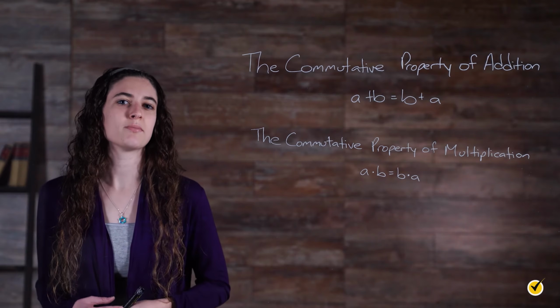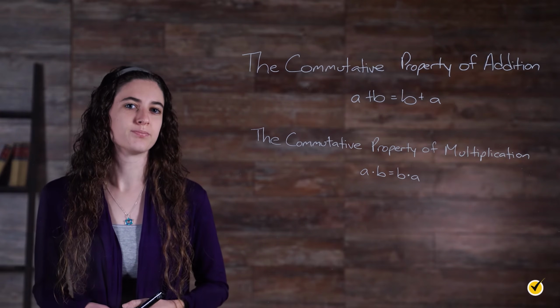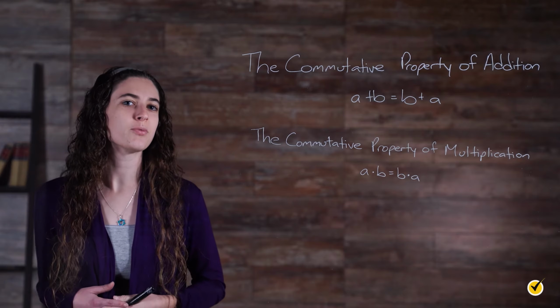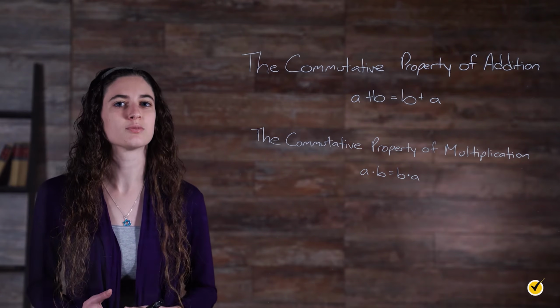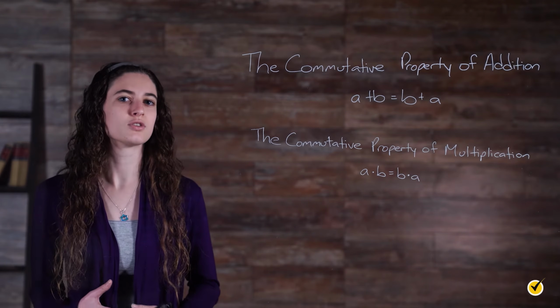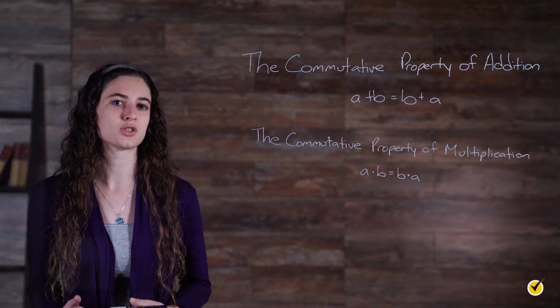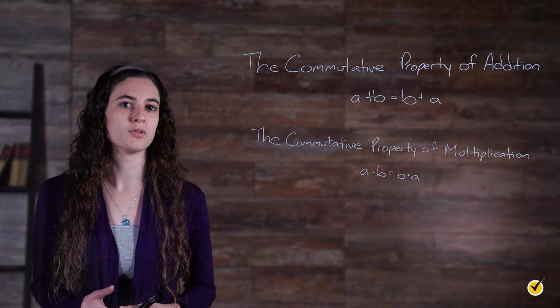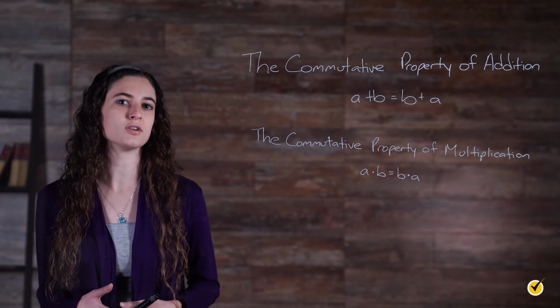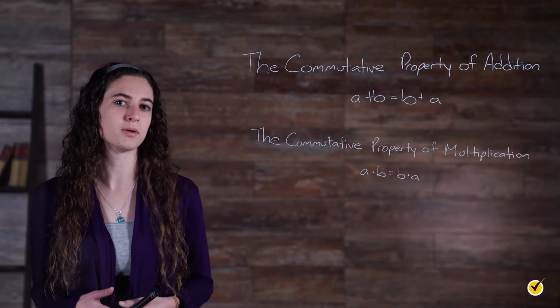Let's take a minute to remember the definition of an algebraic term. It is a number, variable, or product of coefficients and variables. Examples of algebraic terms are 3, 3x, 3xy, 3xy squared, and so on. To prove that moving or rearranging terms is acceptable, let's look at a few examples of the commutative property being used in addition problems. If we add 5 plus 3,